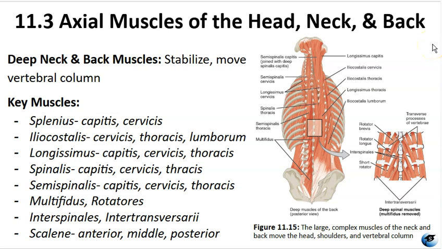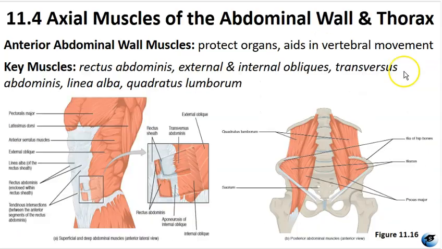The transversospinalis group comprises the semispinalis, multifidus, and rotatores muscles. The segmental muscles include interspinalis and intertransversarii, which connect adjacent vertebrae. Finally, the scalene muscles, the anterior, middle, and posterior scalene muscles, assist with head movement and play a role in deep inhalation. The anterior abdominal wall, composed of skin, fascia, and 4 pairs of muscles, serves to protect abdominal organs